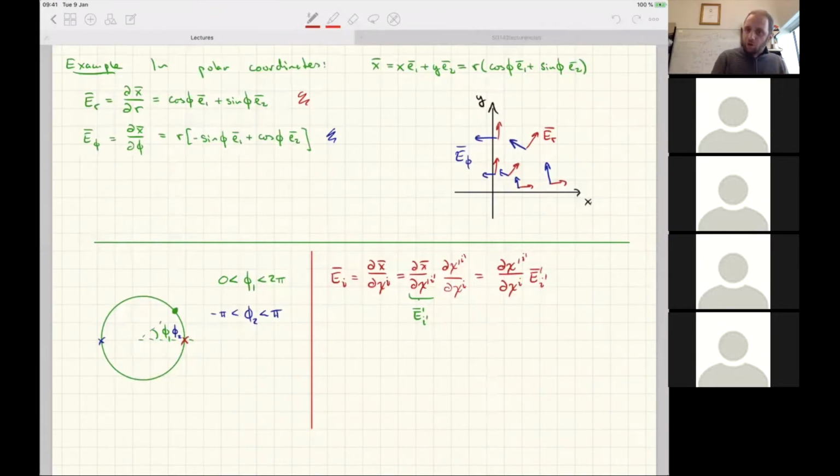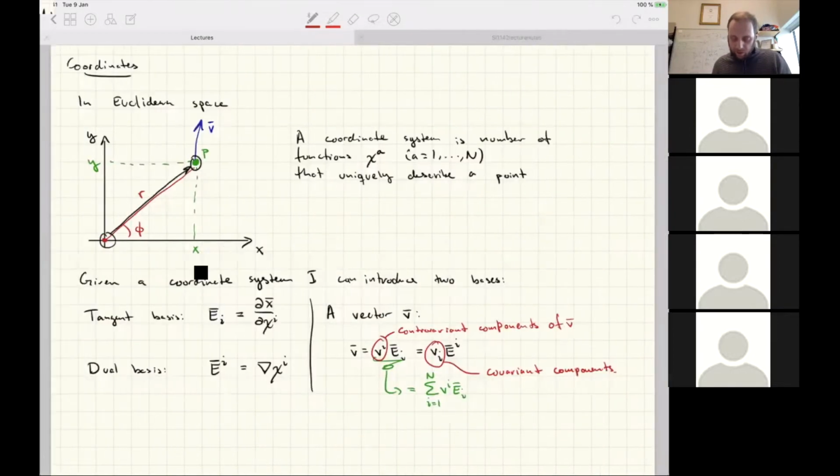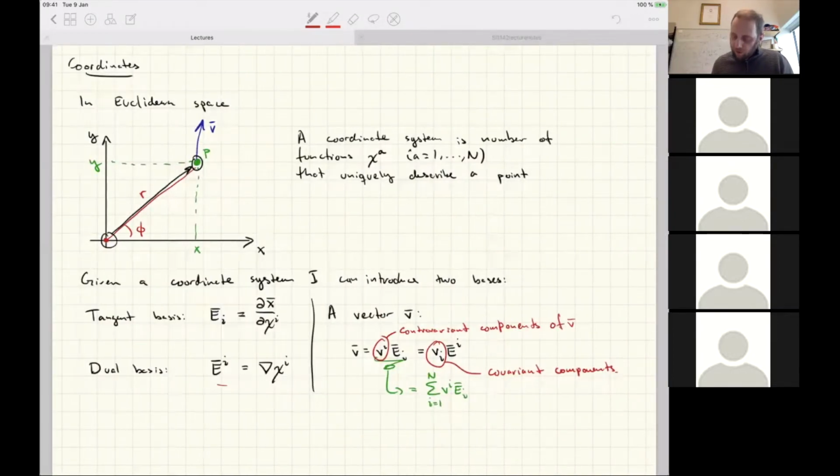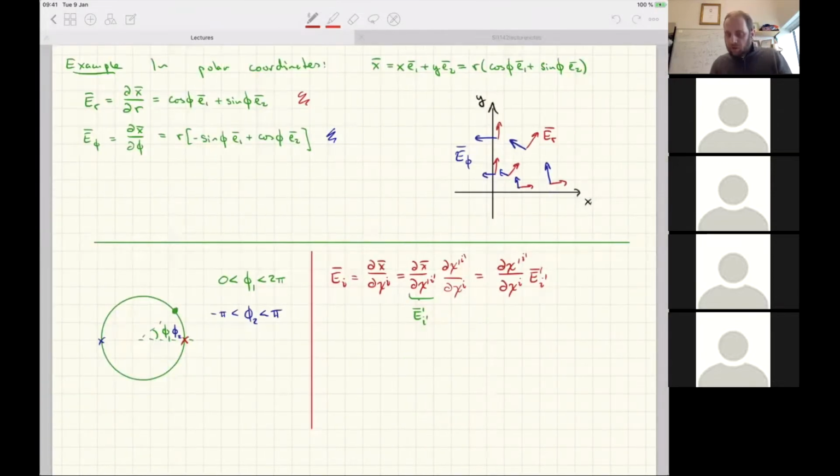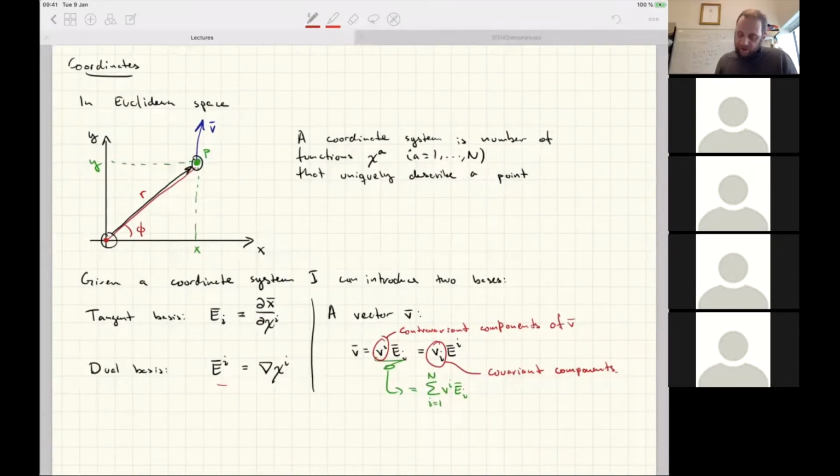Something that transforms contravariantly means that essentially we change the position of these two in the partial derivative. And that is going to be exactly how the dual basis transforms. So that's where the nomenclature comes from. Okay, thank you. Another point with regard to that is that when we have the tangent vector basis which transforms covariantly, we have contravariant components, and since they transform in the opposite way,